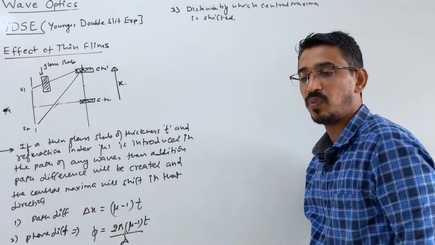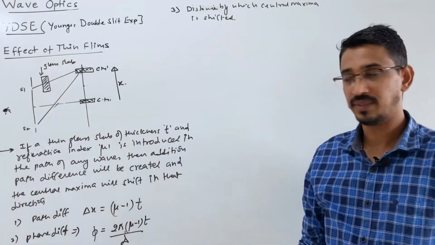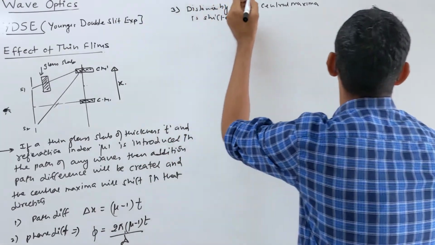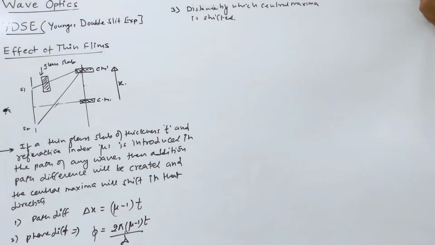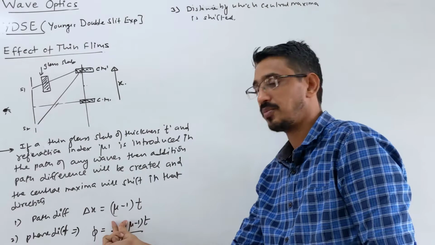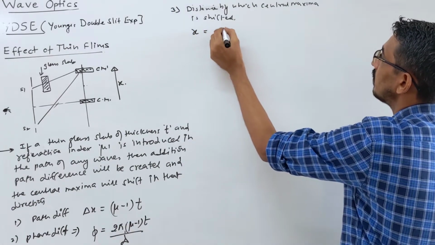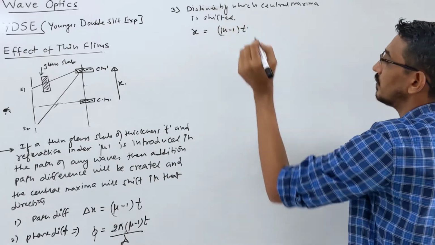Look here, what is our normal formula? The distance of a bright fringe, you said, is n lambda D by d, right? Look at this once more. I'm writing here n lambda D by d, and this was simply your path difference, n lambda for a bright fringe. So here, what is your path difference? This much. So by what amount is it shifting? That shift x is given by that formula only, with the path difference simply (mu minus 1) t. Correct?